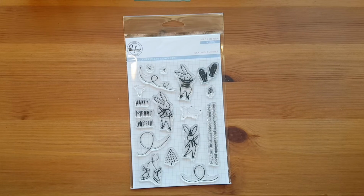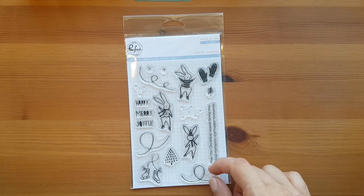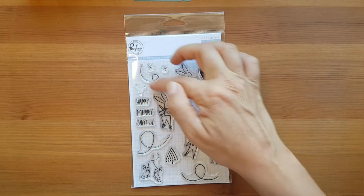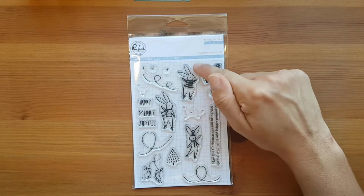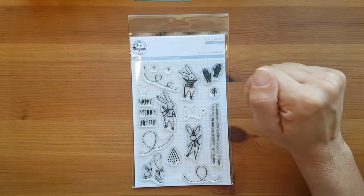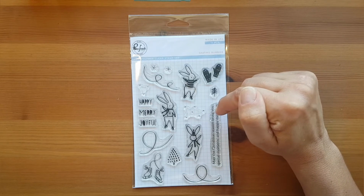But basically, I really just liked these bunnies. So I can stamp a sentiment and have this bunny at the end. It's really cute, simply colored or on craft cardstock. I think this will look really good. And then these can be heat embossed in white on the craft cardstock. And if you stamped the bunny in red, say, so he looks like he's having a red jumper, or all those sorts of fun colors, rather than trying to do cute